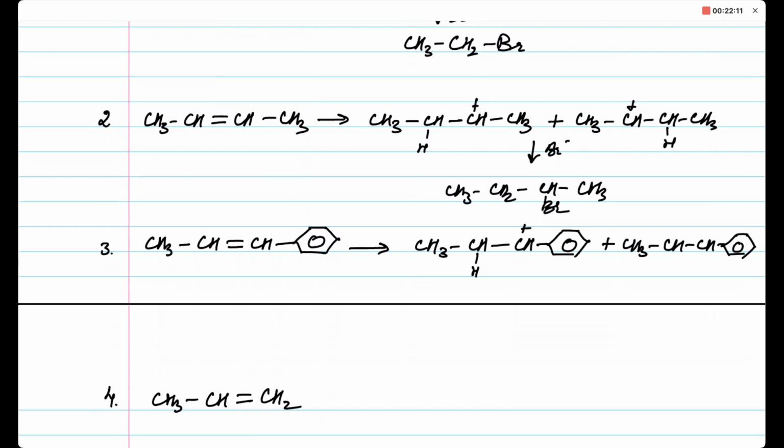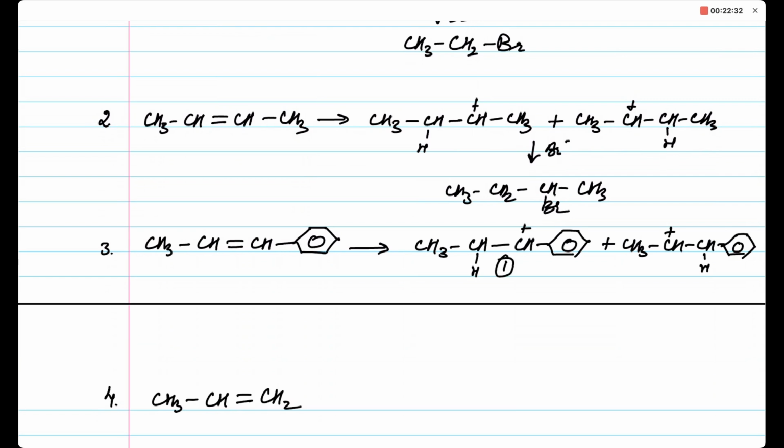The hydrogen attaches on the right carbon and the positive charge is on the left carbon. Now, as you can very well see, these two carbocations are not identical. Of course, the stability of these two carbocations also is not going to be the same. It is going to have a different stability. If we talk about this particular carbocation, the first carbocation,